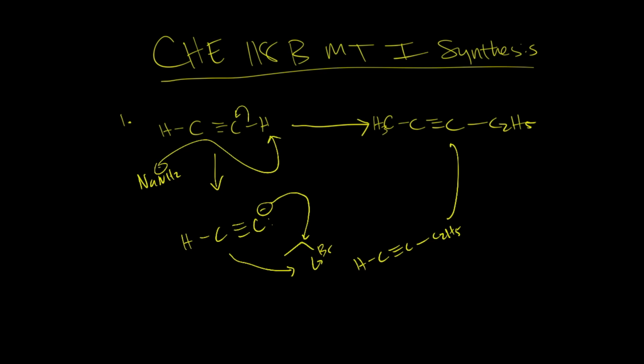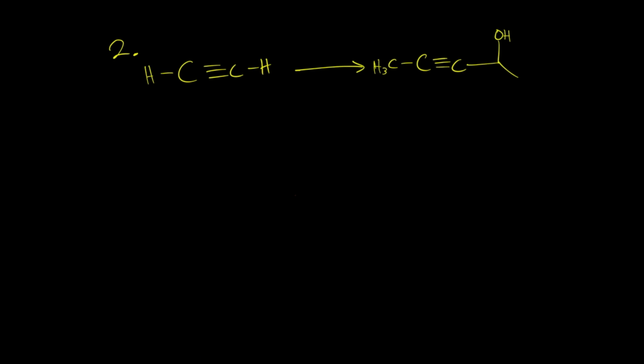And then in order to get to this final step, I'll do the same thing. I'll do NaNH2, and then I'll do a CH3Br. Right? Not too bad. Let's go ahead and move on to the next one. All right, for the next example here, very similar. So from those steps, I'm going to get C triple bond C, and then I got my CH3